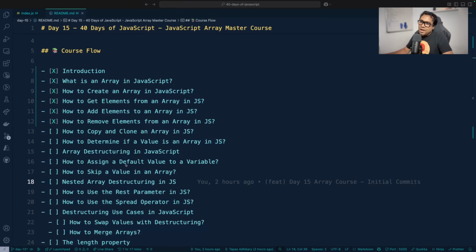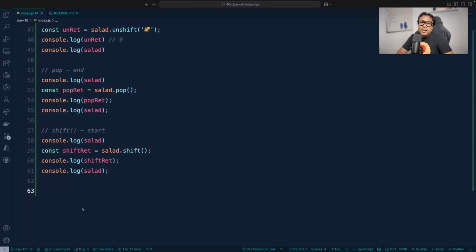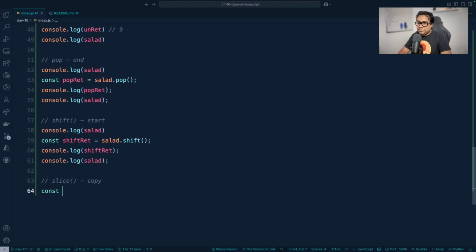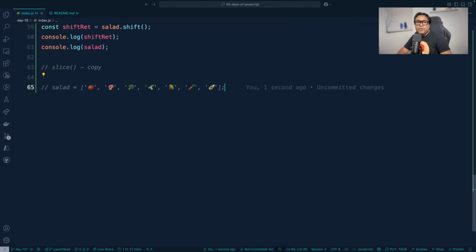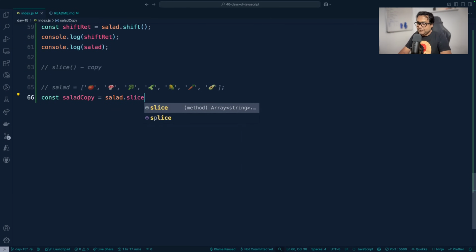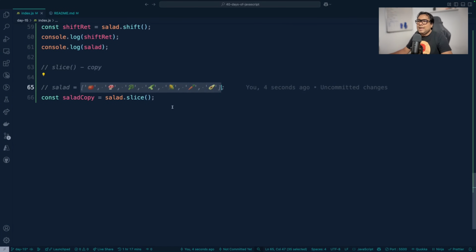Now let's learn how to copy and clone an array in JavaScript. You can copy or clone an array to a new array using a method called slice. So you will be doing const. Of course, now I have a salad, you know that. So we have a salad, right? Now we are going to create a copy of this salad. What we can do is const saladCopy equals salad.slice. The moment you do slice, it is going to create a new copy of this particular salad array and assign that